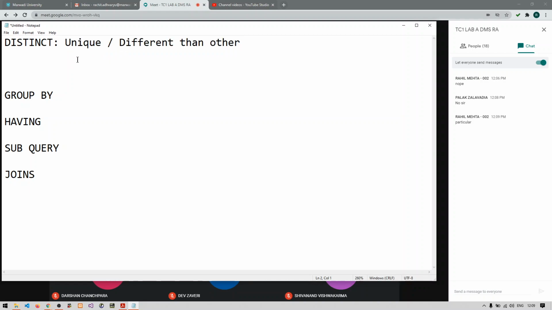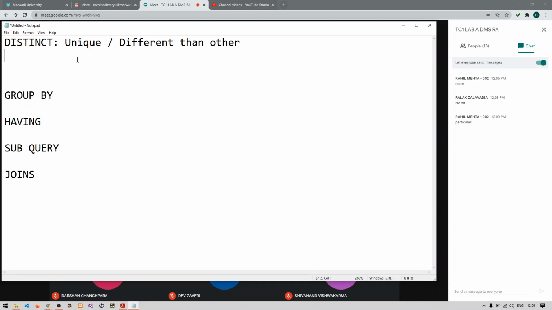Let us assume that in one column you are having repeated values or duplicated values, right? And if you want to fetch and display only the unique data, you don't want to display the duplicated data, at that time we can use the distinct keyword.